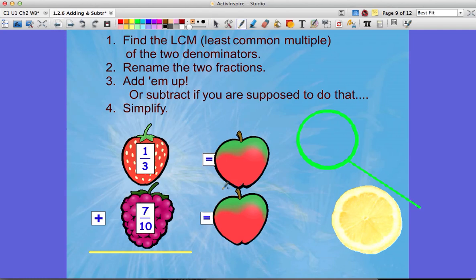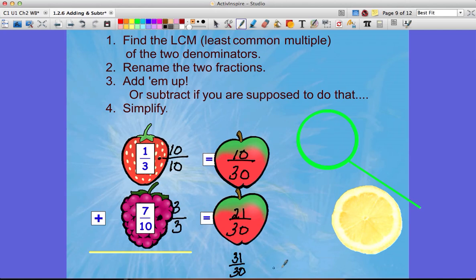Alright, so the LCM in this case of 3 and 10 would be 30. In order to go from 3 to 30, I'd have to multiply by 10 on the bottom. So I have to multiply by 10 on the top, and I get 10/30. In order to go from 10 to 30, I have to multiply by 3. So I have to multiply by 3 on the top, and I get 21/30. I add, now that I have like fractions, I can add, and I get